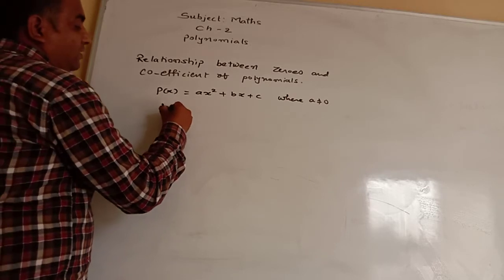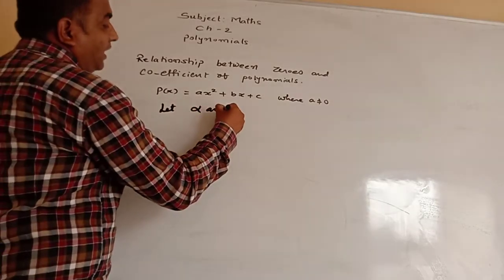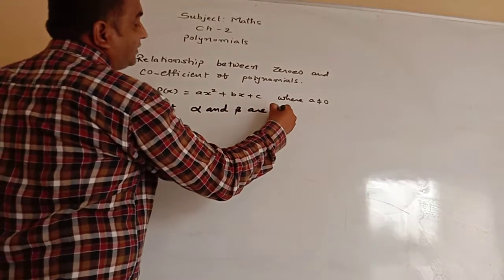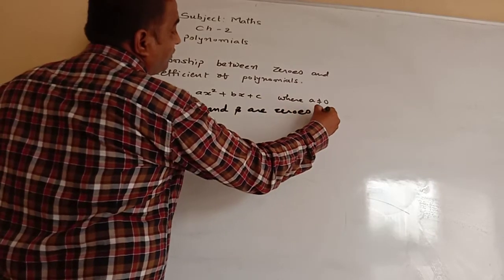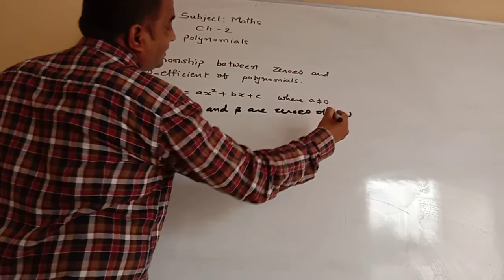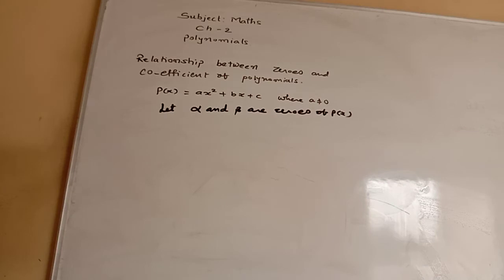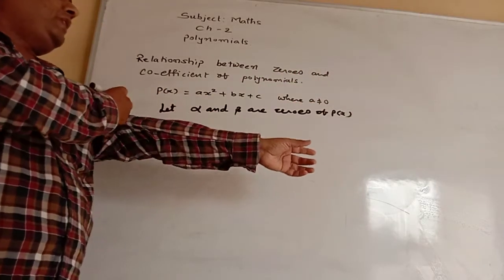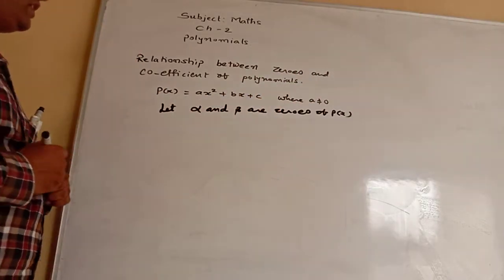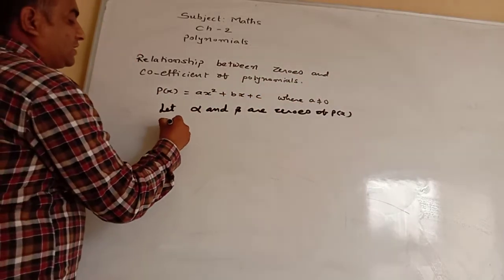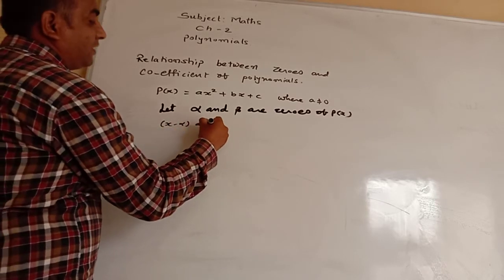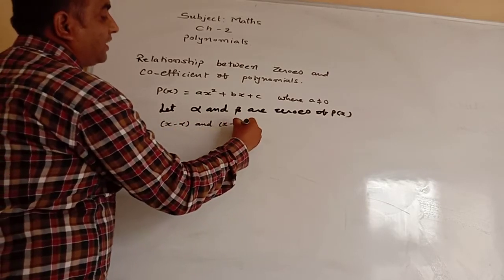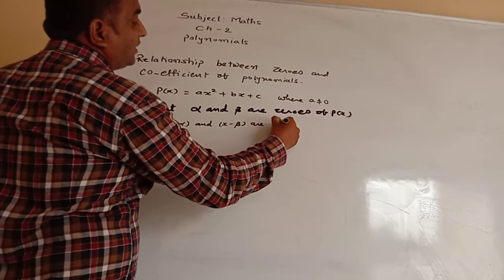Let alpha and beta be the zeros of p(x). We already studied in the 9th standard that if alpha and beta are zeros of p(x), then by the factor theorem, x minus alpha and x minus beta are factors of p(x),